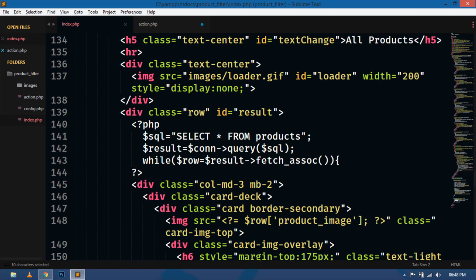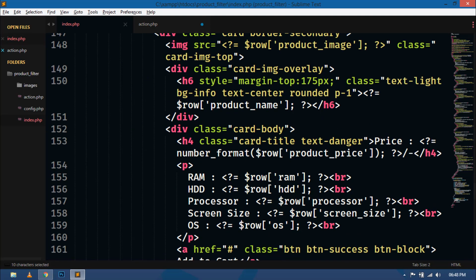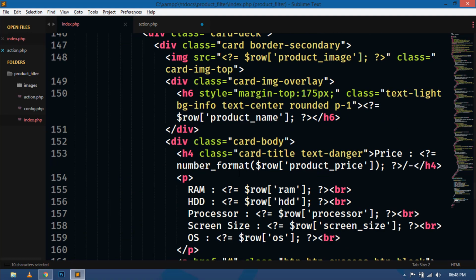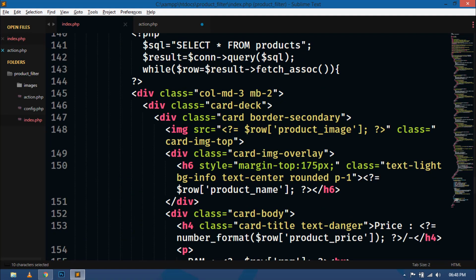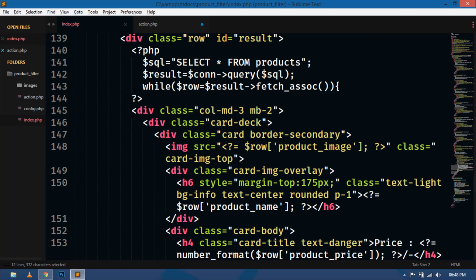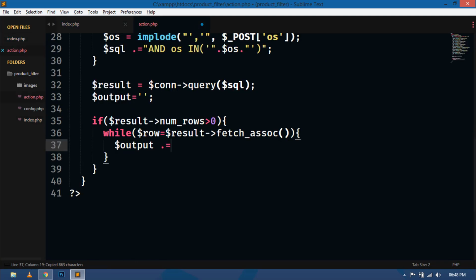Here you can see I am showing all the records on the main page using these codes. So I will just copy the same code there. Just select this div. This div has its ending here, so just copy from here to here, then go to action.php and give a single inverted comma,